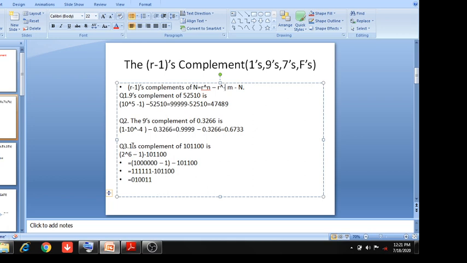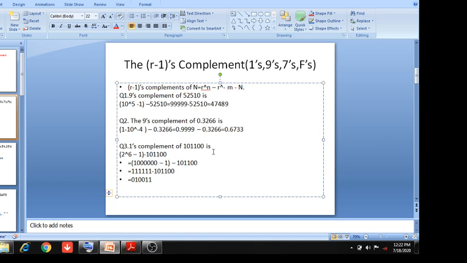Now next question, determine 1's complement of 10111. So same thing is applicable here. You can subtract every digit from 1, just this will be the answer. And from where it is coming, again apply the same formula, r to the power n, 2 to the power 6, because total integer bits are 6, 2 to the power 6 minus 2 to the power minus 0, because no fractional part, so 2 to the power 0 is nothing, it is 1, minus the number. And 2 to the power 6 is 64, but you cannot subtract two numbers in different bases, so you have to convert in base 2. Binary equivalent of 64 is this, minus 1 minus this.